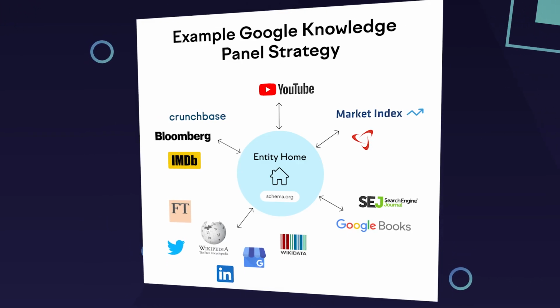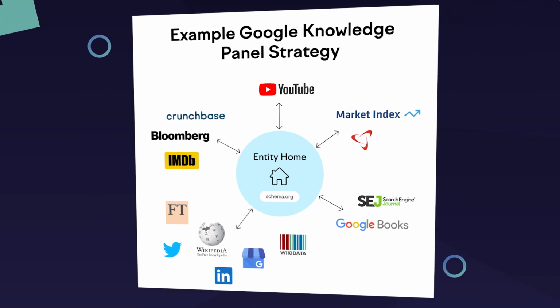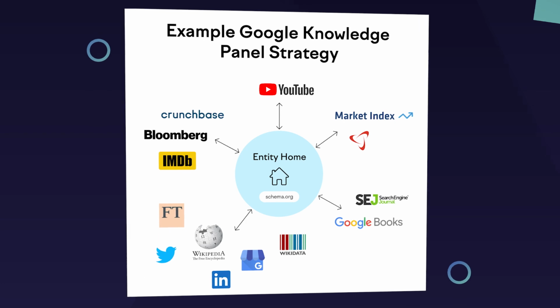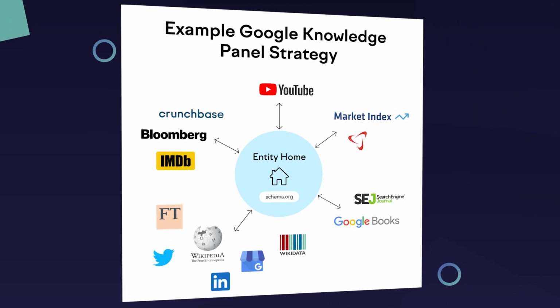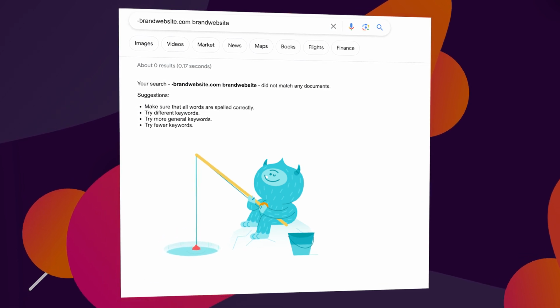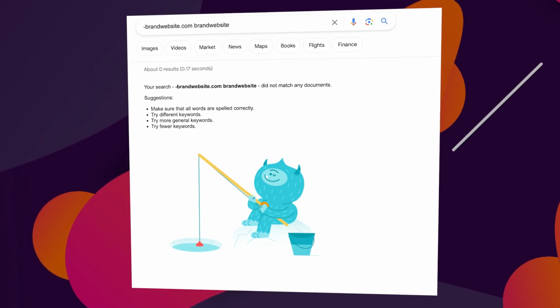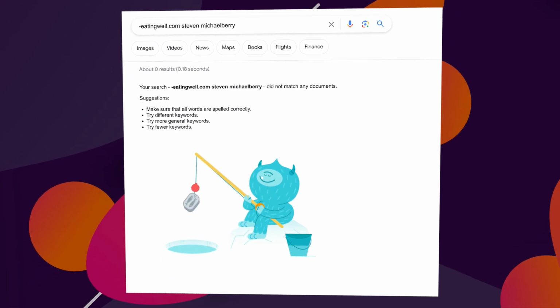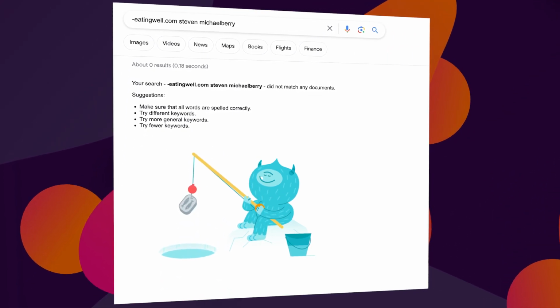Knowledge panels are awarded to people that have a lot of off-page EEAT. So if you have a lot of articles or documents speaking about your expertise, who you are, you will then get rewarded with a knowledge panel. Now, if you're doing these search operators that I've just shown you in the video and you're not seeing your brand pop up or any of your offers, then you're probably lacking in what's called off-page EEAT.